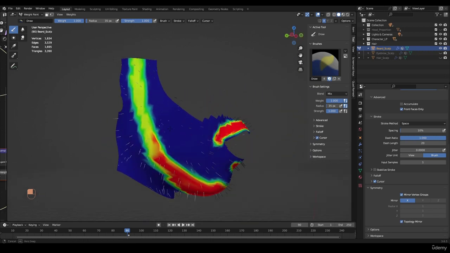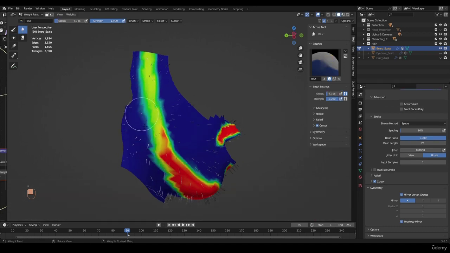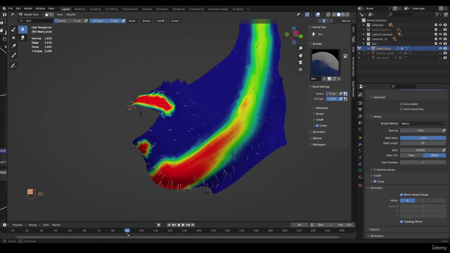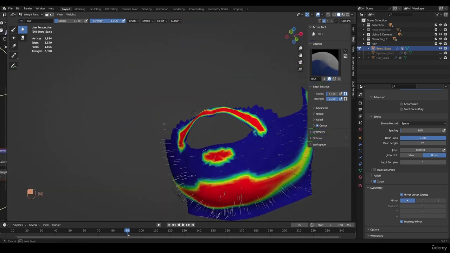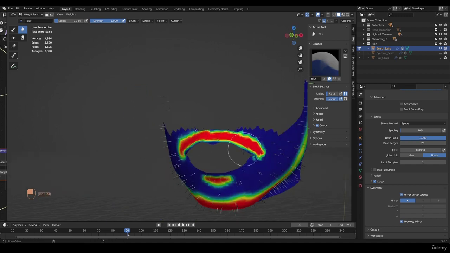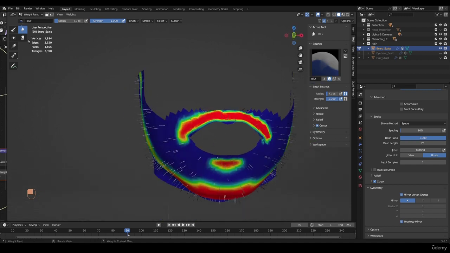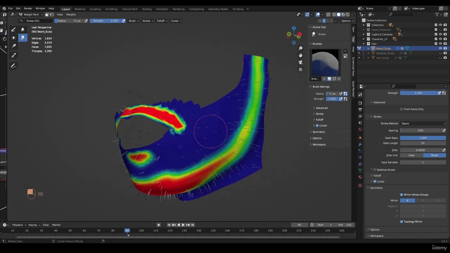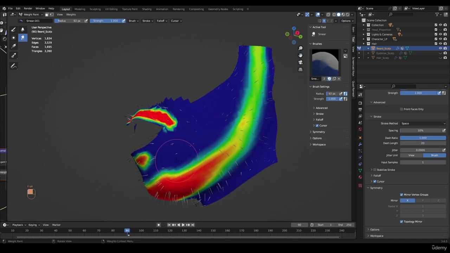And then we could go to our blur and just blur this out. Blur that out. Blur this out. That out. Do some blurring. And we go do some smudging. So for some smudging here, we could go ahead and